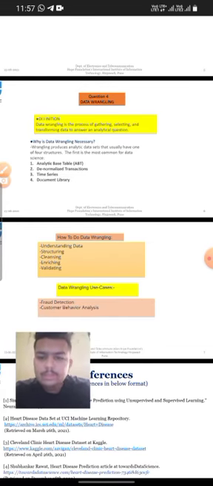Now the second one is structuring. In most cases, you have raw data in a disorganized manner. There won't be any structure to it. In this second step of data wrangling, we have to restructure it for easy accessibility.